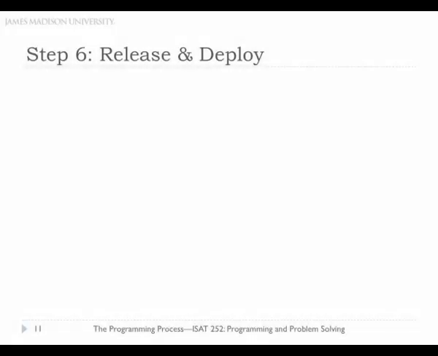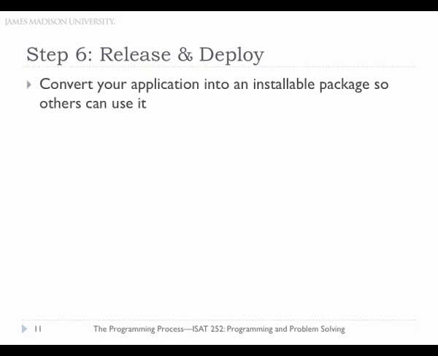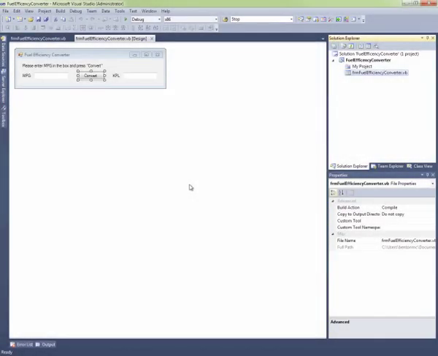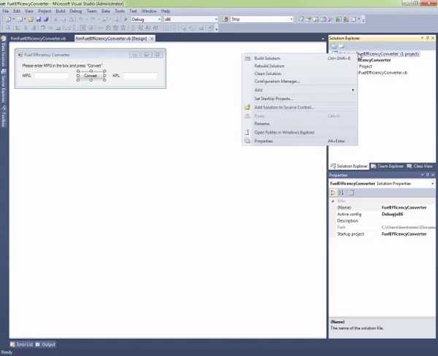Okay, now that we've taken the care to make sure that we have a high quality application that's bulletproof, it's time for the release and deploy step. And this is where we will convert our application into an installable package so others can use it, and then find a way to distribute it. And now for the last stage of the process. We've got our completed application and we're ready to deploy it so that other people can install it and use it on their systems. So in order to do that, I'm going to go into my Solution Explorer, right click,